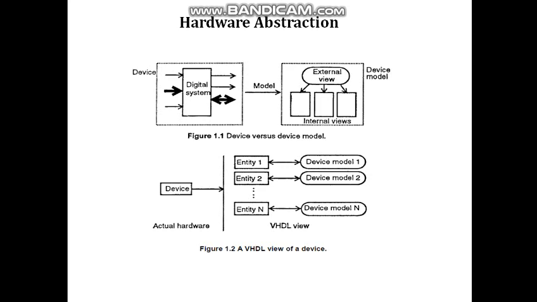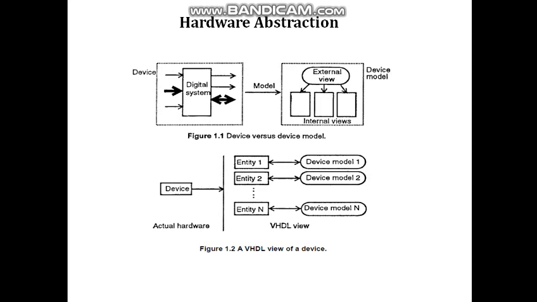For example, let us take a simple example of a shift register. Shift registers come in different types, that is PIPO, parallel in parallel out, and SIPO, serial in parallel out. So we have given a certain different entity for each. What this entity is we will discuss later, but basically an entity is nothing but a certain set of commands as per the device model required.